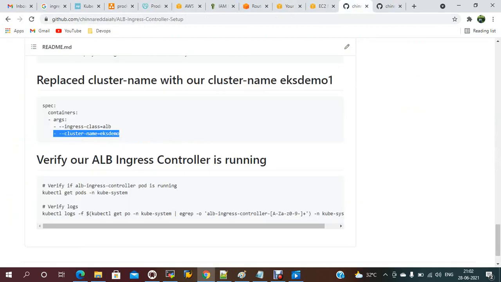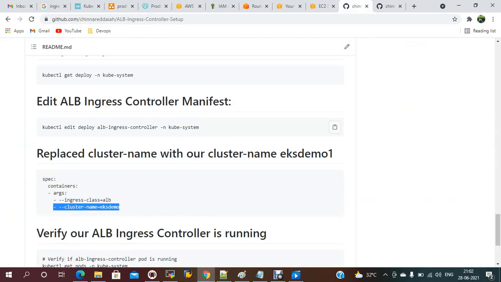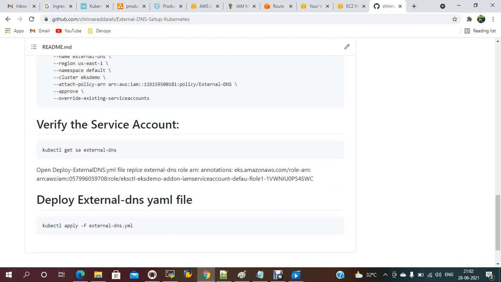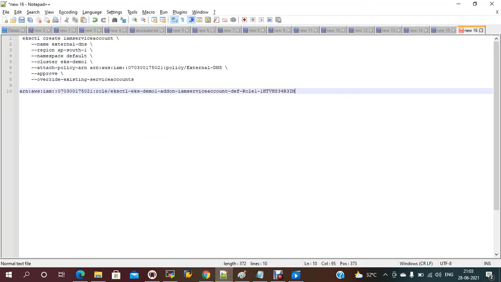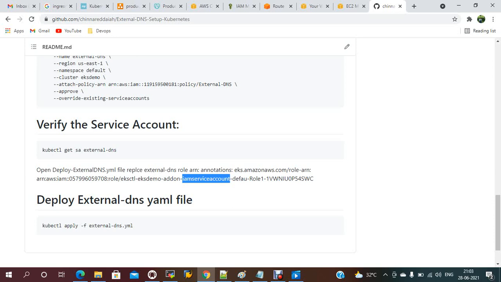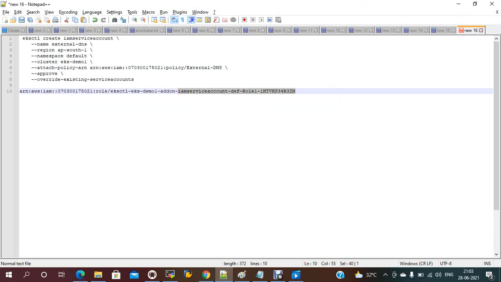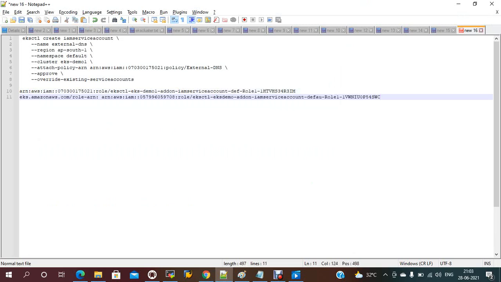Go to document. Annotations, IAM service default one. Under annotations, EKSCTL demo IAM service account role 1.